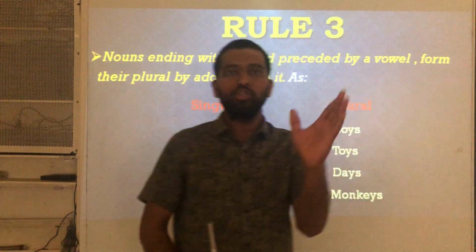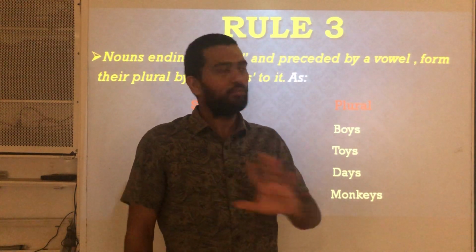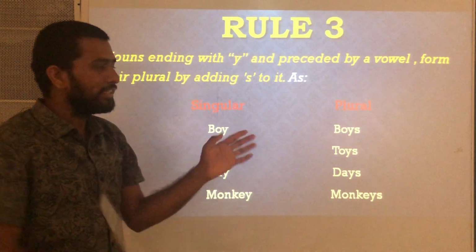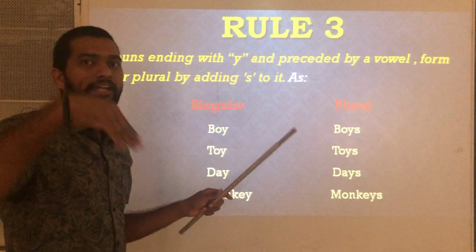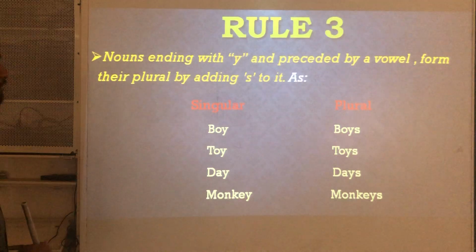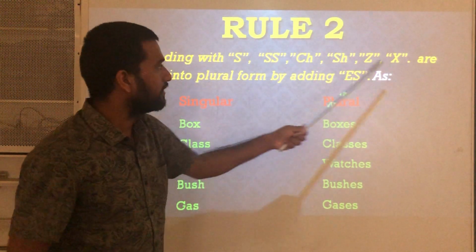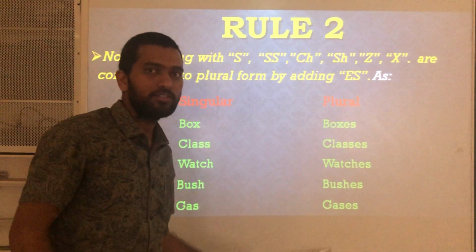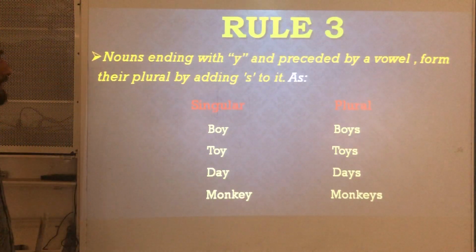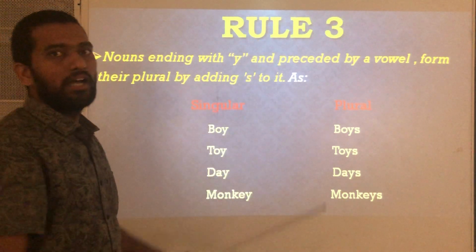In the topic numbers, we discussed the definition and types of numbers, singular and plural, as well as how to convert a singular noun into a plural noun. We have finished two rules: rule number 1, where we generally add s to it, and rule number 2, where if the given words have certain letters at the end, then we should add es to it, and then it becomes plural. Okay, we discussed up to this. Now in today's session we are going to learn about rule 3, 4 and more.